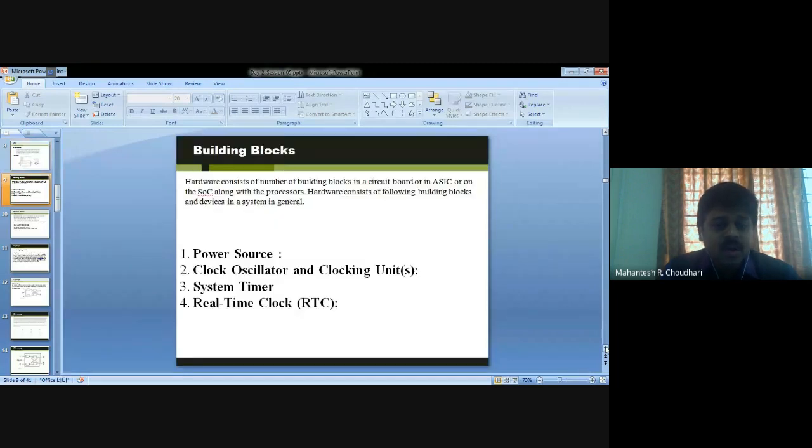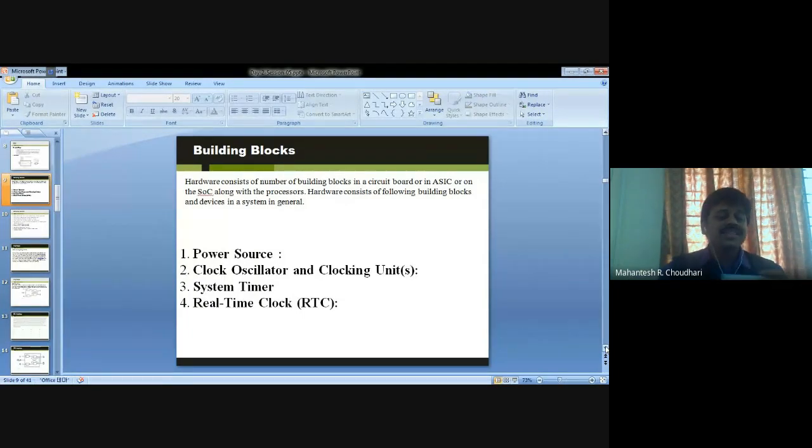Building blocks, majorly, if you consider hardware, consist of a number of building blocks in a circuit. Application-specific, if you consider an SoC, that is a system on chip, along with the processor, the hardware has the following building blocks and devices in the system.